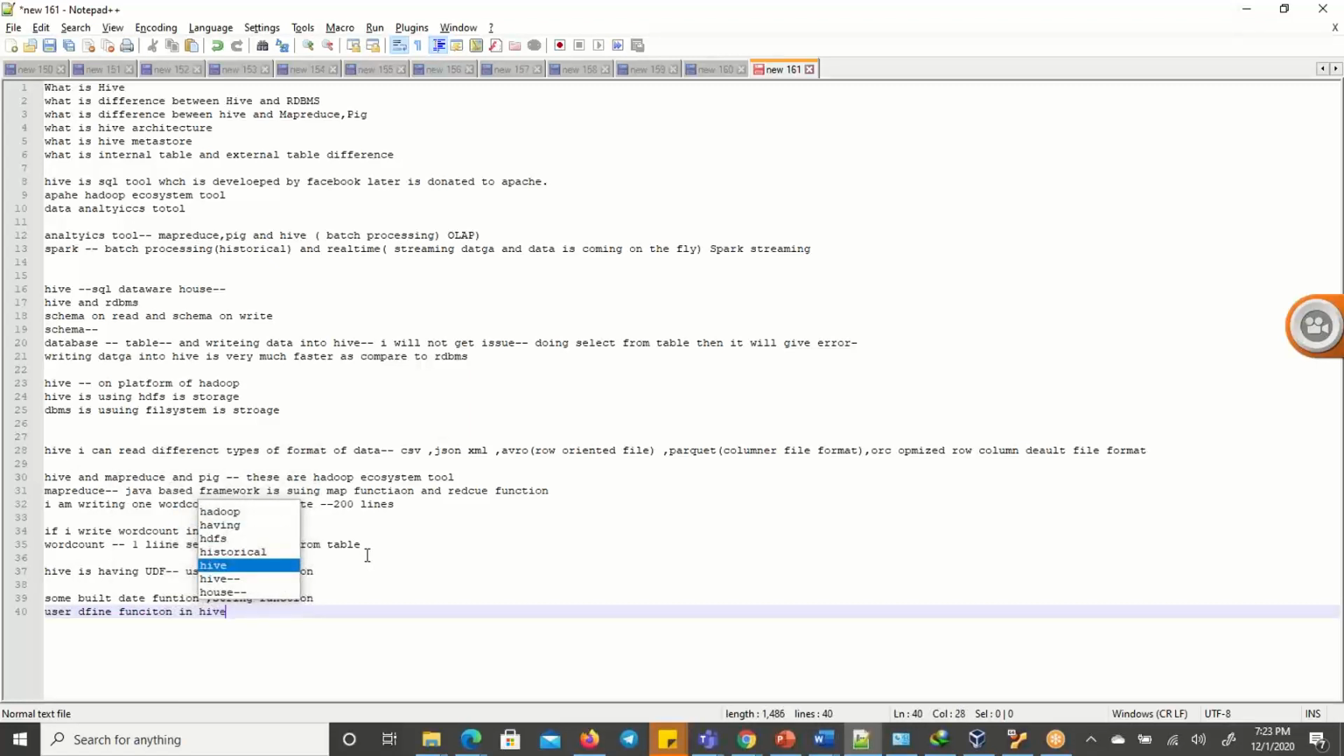User-defined function in Hive. So we need to write some Java class, and there we have to write the code for the UDF. It is the only Java part in Hive. We just have to write a very basic single class, and then we have to